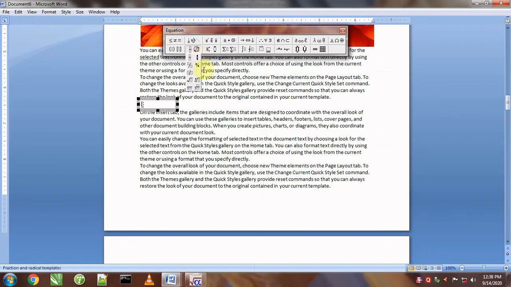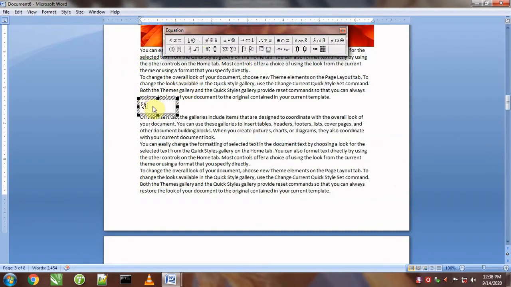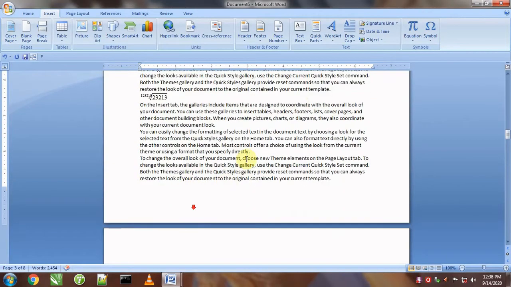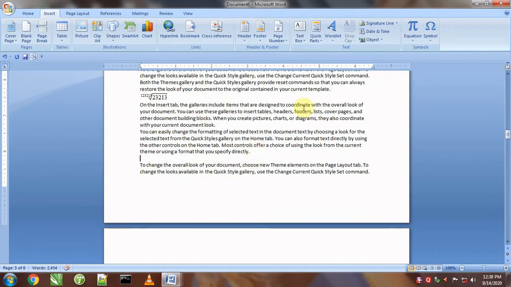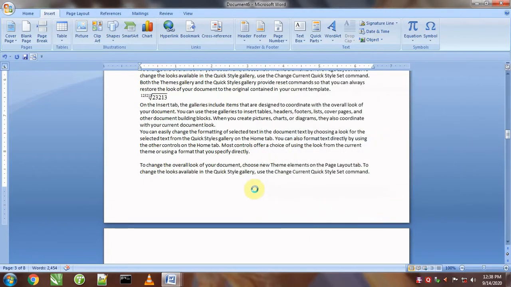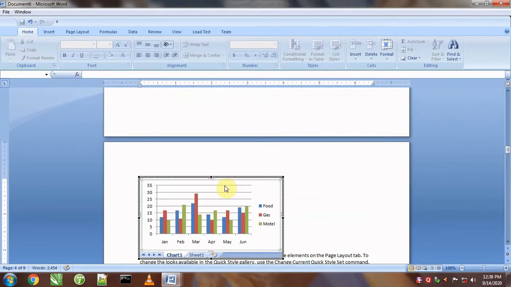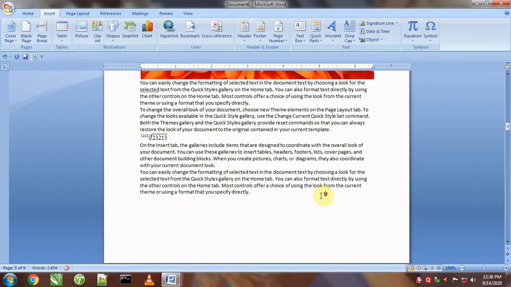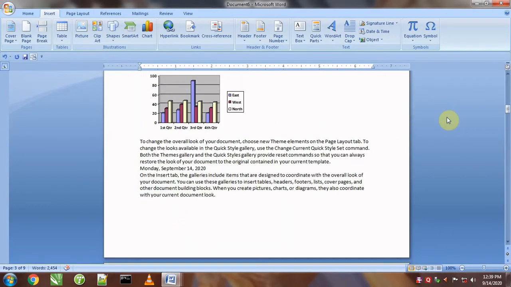So it is also an object. I will put my cursor here, again go to the object, and if something is contained I will put it over there, suppose an Excel chart. Okay, like this. So these are some objects I inserted in this document.